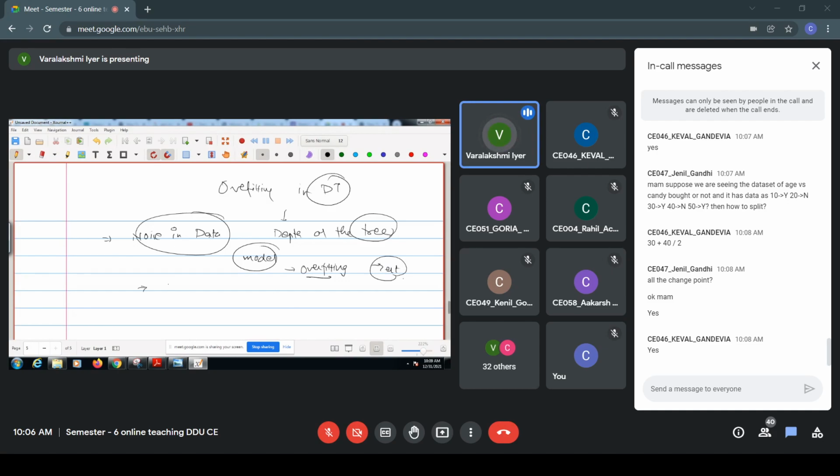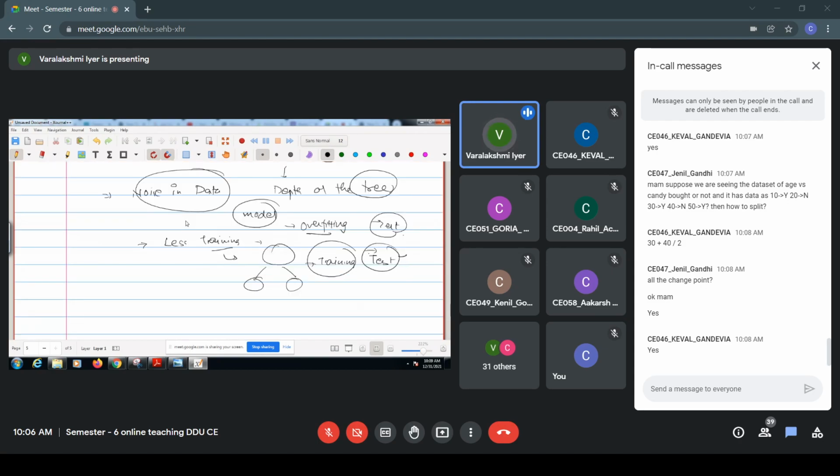Right. The second case is you have very little training data, and it may be possible that it creates an approximately good model in the case of training, but whenever you pass a new set of unknown values which you haven't seen in the training set, it will not perform well in the case of the test set.